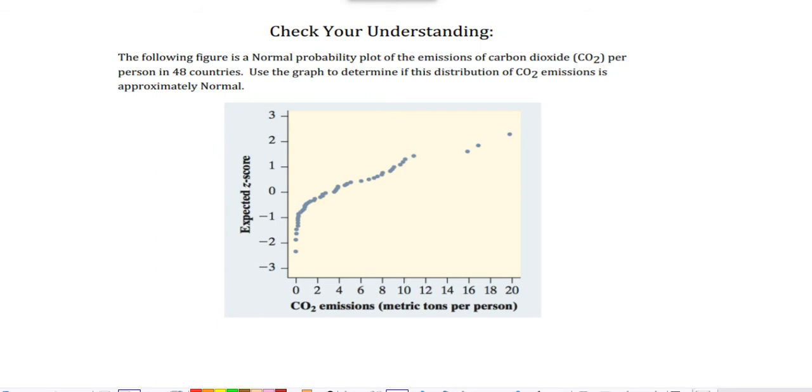So the one that we have in here, we have the expected z-score. Oh, by the way, the normal probability plot shows the z-score value on the y-axis. So 0 means that was your mean, yeah? Okay? That was the mean. And then these are 3 standard deviations above the mean. And then these dots here are the dots below the mean. Okay, and I think you guys know that already.